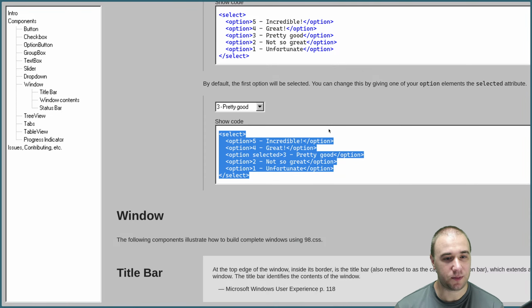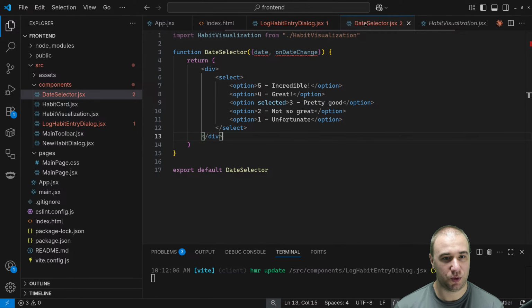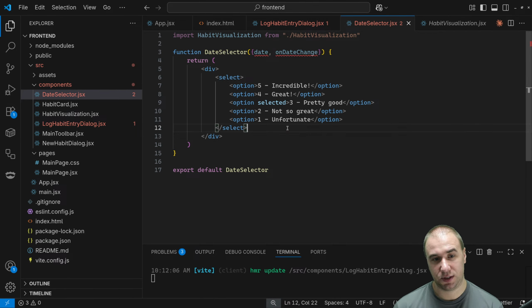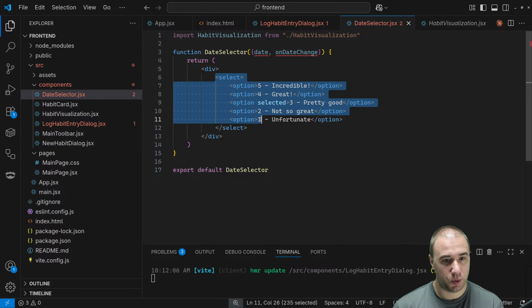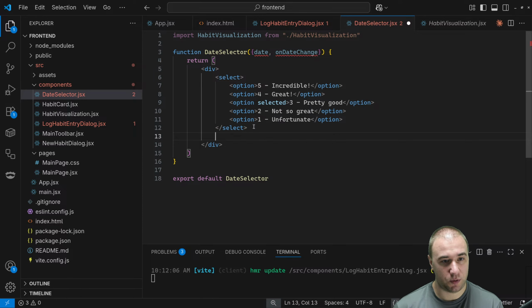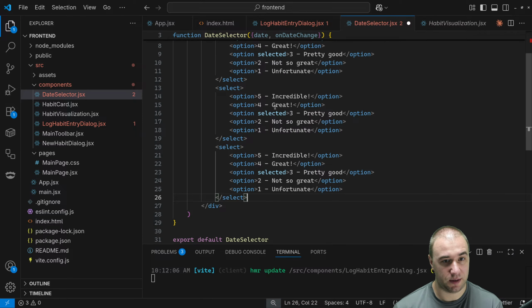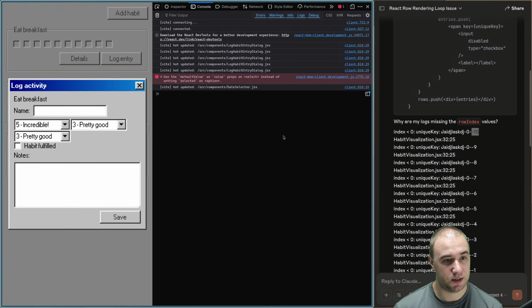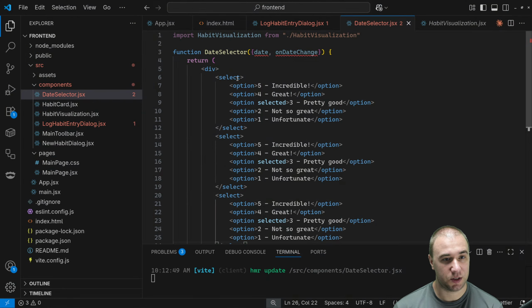Perfect. So now we need to figure out how to actually make it more reactive or something. I mean, first of all, we would need 3 of them. One for a year, one for a month, and one for a day. Okay? Let's see if this just magically works. Kind of not. So let's try to do something like